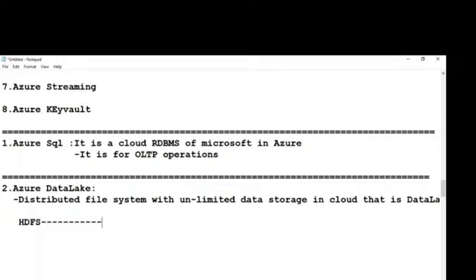That is on premises. Yes, ma'am. On premises, right? This one actually we discussed yesterday also. So that is about distributed file system. But if I talk about this Azure Data Lake,